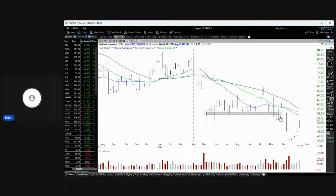People who bought it there and then it broke down, they thought, hey, that was a false breakdown. And then they held it down here. They're going to be looking at this and going, hey, it's getting back to break even. Now I can get out of this stupid stock. It's just been tormenting me emotionally with the way it trades. Plus, it's below a declining 100-day, 150 and 200-day moving average. It's not likely to continue to move higher. So I would be very careful with this one and think that it's likely to continue its downtrend